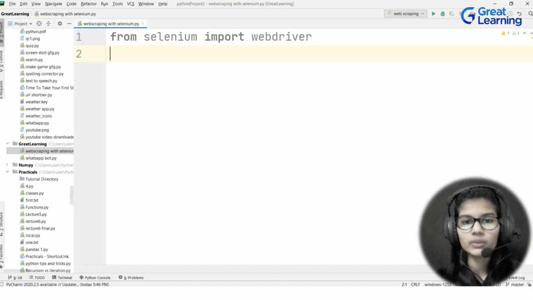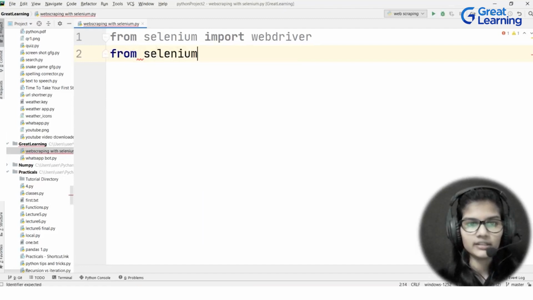This WebDriver is completely used for web automation, and this is what we are going to do today. We will be extracting some data from an e-commerce website, and all of these things will take place on a browser, so for that browser we are going to use the WebDriver. Next, what I'm going to write here is from